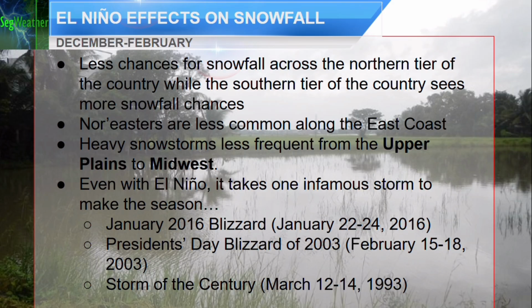Usually, for a nor'easter to happen, the system needs to come from the north and combine with a system from the southern part of the U.S. to form a nor'easter. But with El Nino, with the Arctic jet being further up to the north, it will make it less of a chance for that to occur, which is good news for the East Coast, but not non-zero, as you still have that chance to occur, especially if El Nino weakens pretty significantly later on